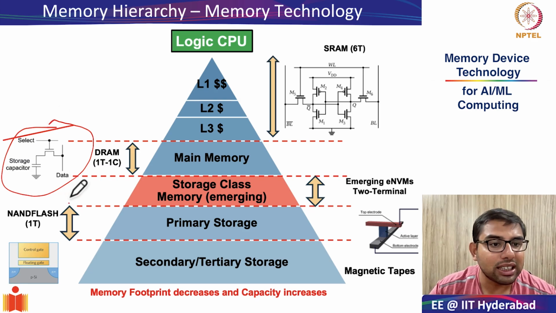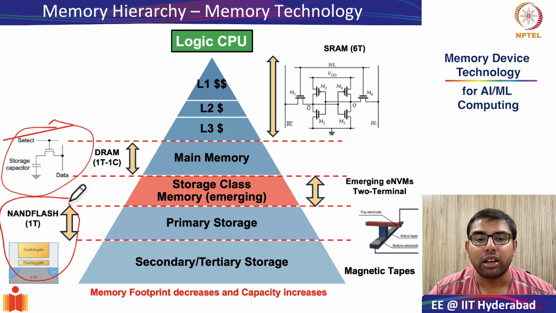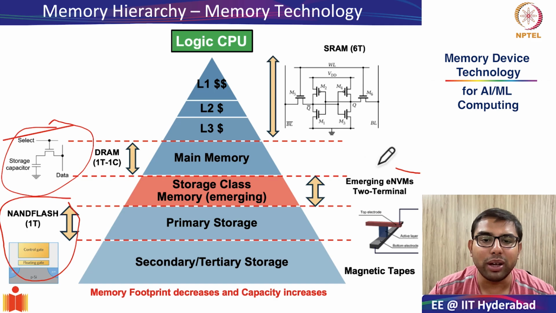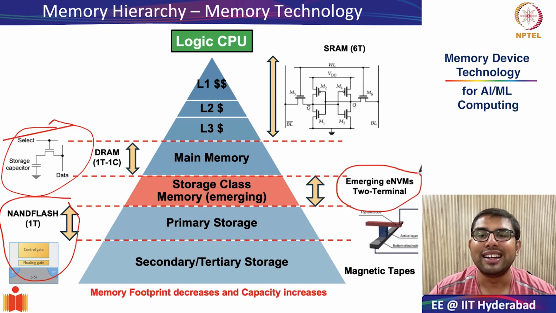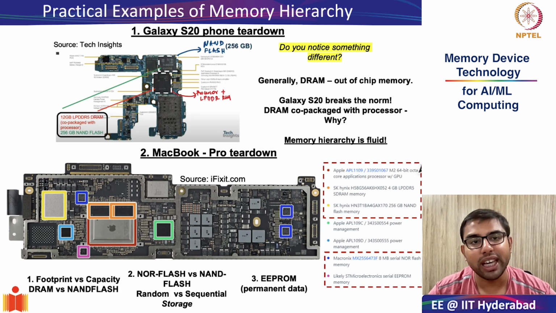Next, we looked at even the NAND flash cell. The NAND flash is primary storage nowadays, the heart of solid state drives, and this is composed of just one transistor. Okay, so basically the idea is you make the storage element or memory element smaller and smaller, but you compromise on latency. So I will not discuss right now on eNVMs because we are yet to cover that in detail. Following this, we saw some very practical examples of memory hierarchy.